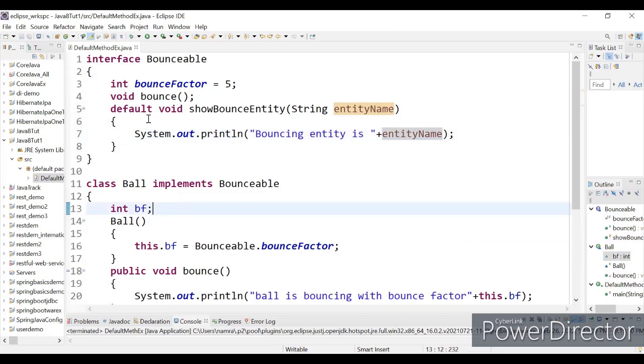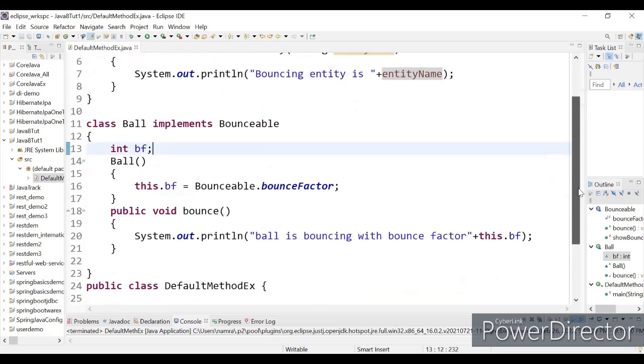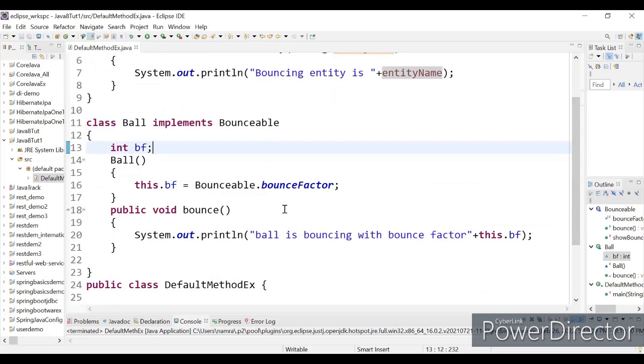Now this will be automatically inherited in the ball class. Okay. Bounce method was also inherited, but because it was an abstract method, I need to override it and provide a body. That was the requirement. Here also this gets inherited, but it already has a body. And because it already has a body, I need not override it. There is no compulsion on me to override it.